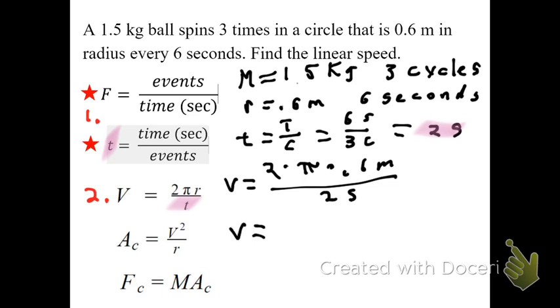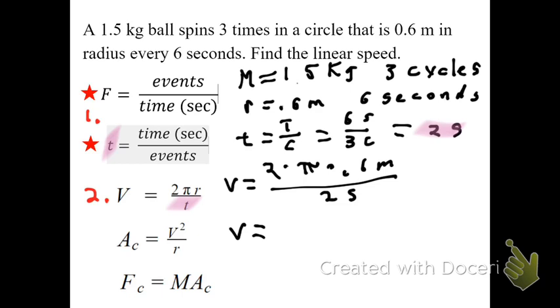So when I put that in my calculator, I'm going to put 2 times, and then I'm going to hit second, and then I'm going to hit the little caret button. You want to find the pi on your calculator. It's located on the right side of your calculator, and it's in blue color. So you're going to have to hit second, and then press that button. So 2 times pi times 0.6,